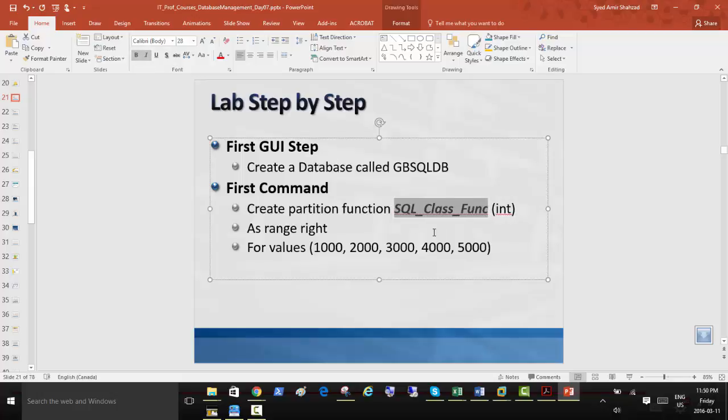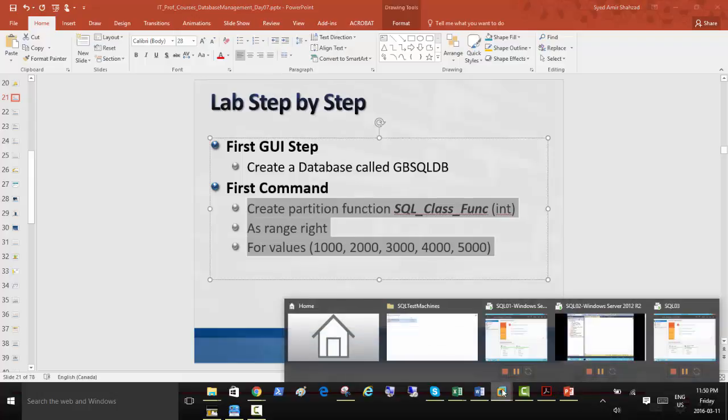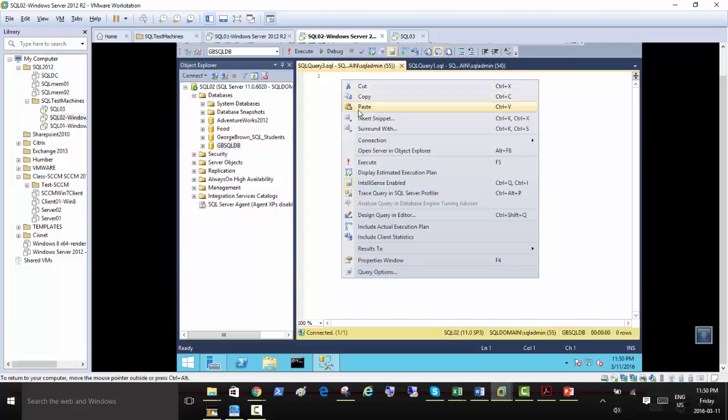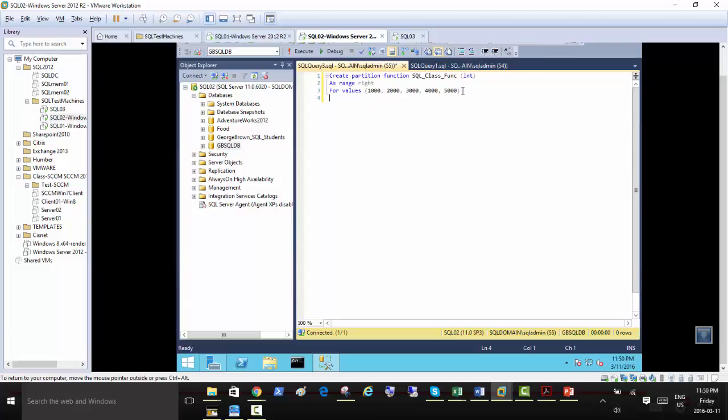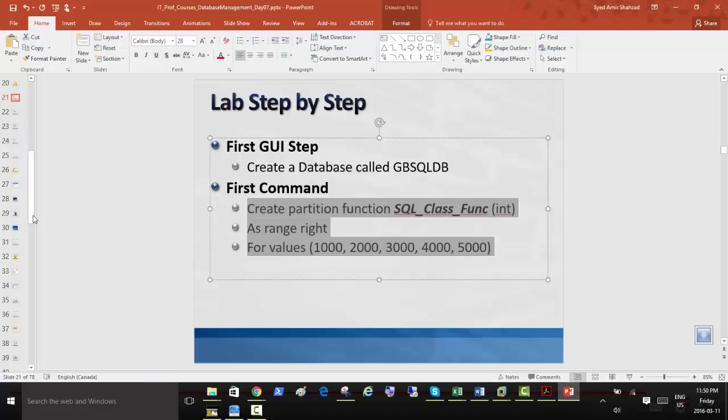I'm just gonna make it bold and italic so it looks different. I'm going to right click that, copy, go back to SQL Server, and inside the new query for this SQL DB, paste that there, and hopefully it doesn't give any errors. Selecting all and then executing. Okay, so we haven't connected it to any file group, but that comes later. First we need to create a partition function. So let's go to the next step.